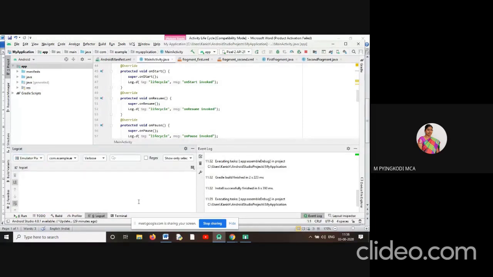The logcat message is not visible today. Yesterday I ran it and it was displayed in the logcat, but today it is not visible.